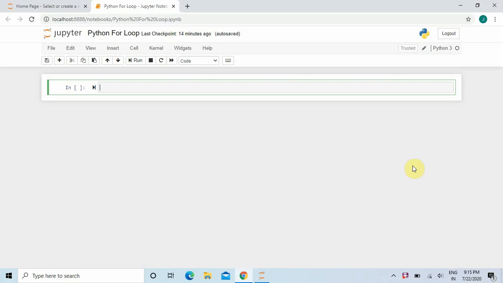So in this lecture I am going to tell you about the loops in Python. I am going to start with the loops in Python, and the first type of loop is the for loop, and there are other types of loop, that is the while loop, and the do while loop, the break and continue statements. I will be discussing them with you in my future videos. So for this lecture I am going to tell you about the for loop in Python.